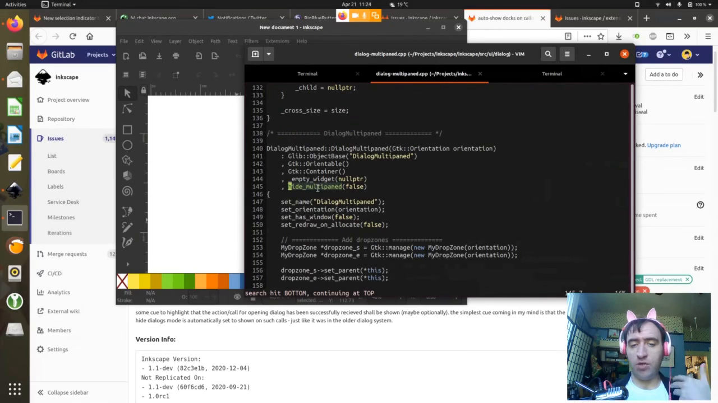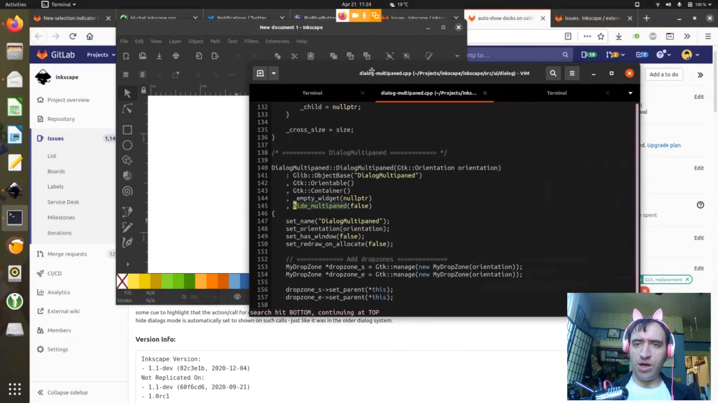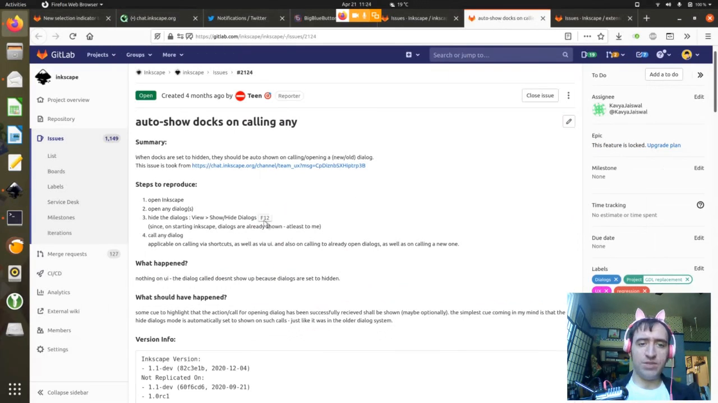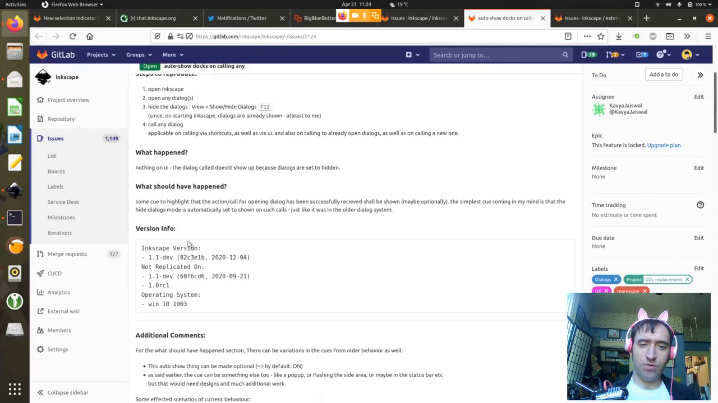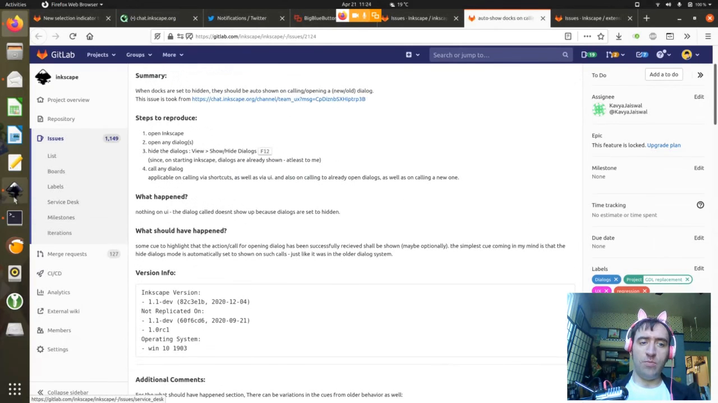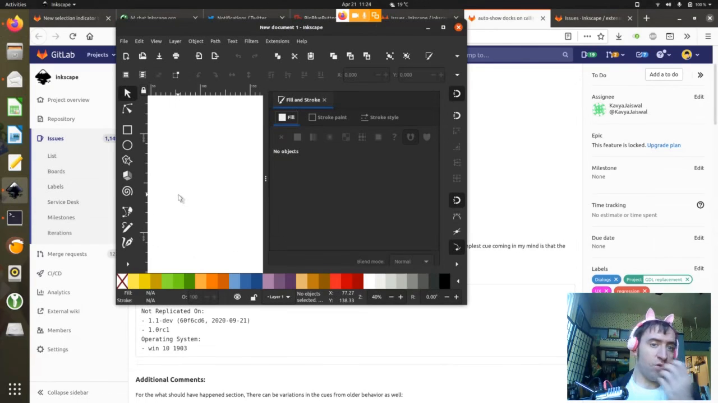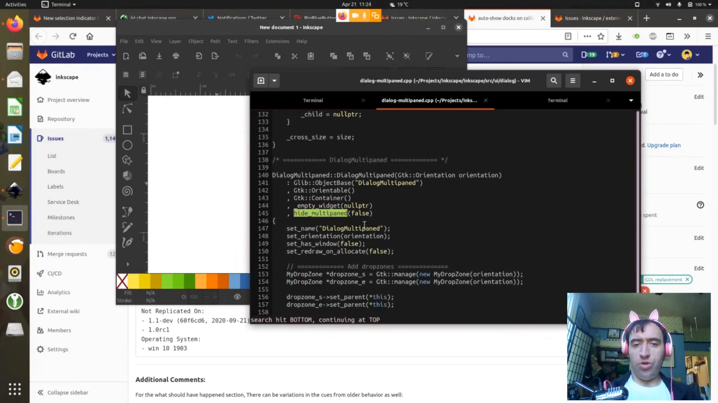Okay, so now we kind of understand how this hiding system works. It's just setting a boolean and then refreshing the widget. And if the widget detects that it's supposed to be hidden, it just kind of allocates nothing to itself. And then the other half of this bug is that we have a situation where when we're asking for a new dialogue to be shown, that boolean stops the dialogue from being shown correctly. Now, my interpretation of the fix is that what we should be doing here is setting hide multi-pane to false when we're asked to show any new